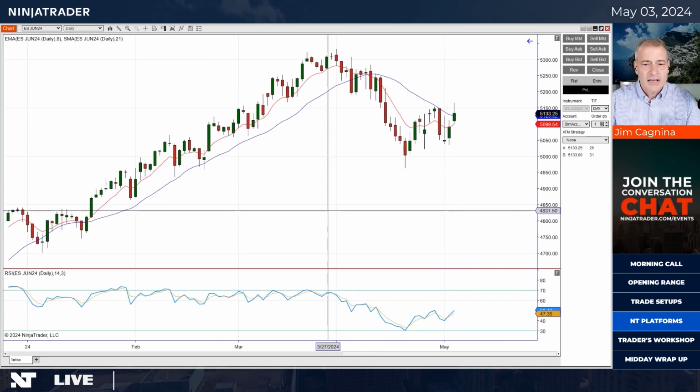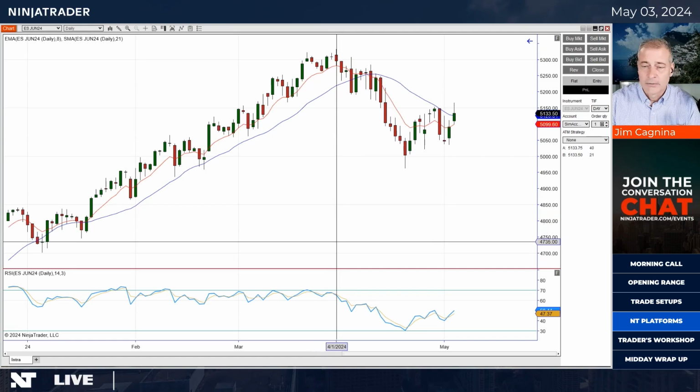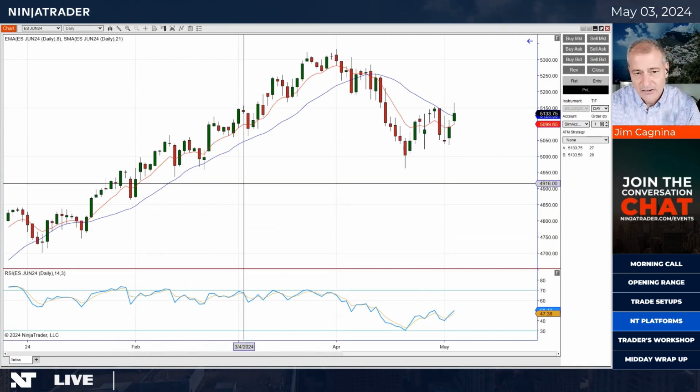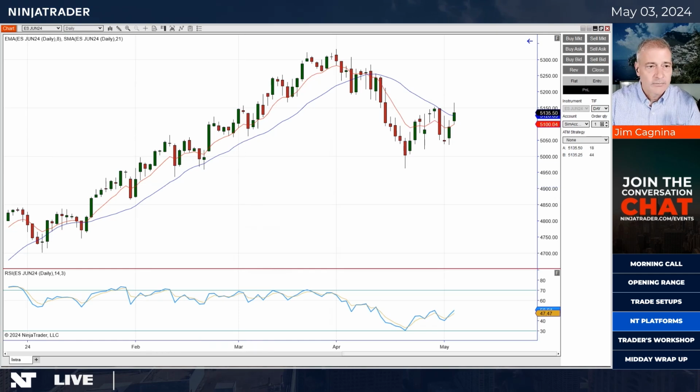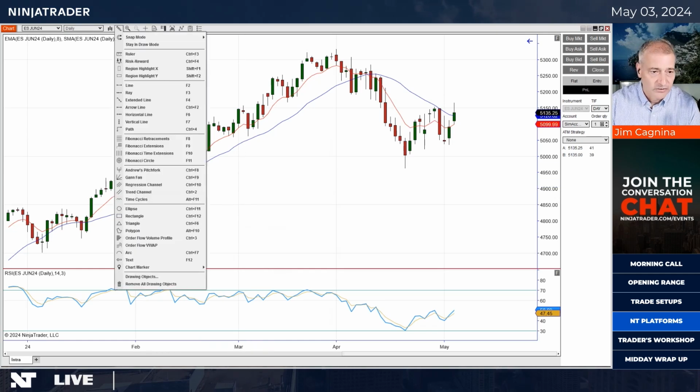Now, the other thing I'm going to add to this particular chart is a drawing tool. In particular, I'm going to add what's called a Fibonacci retracement. Again, I want to analyze the trend or a segment of the trend, and I want to see where price is in relationship to that trend. So I'm going to go up to that pencil drawing tool. This is the drawing tool. These are all of my drawing tools available. There's a lot of them, and we'll go over a couple of them, but let's go to Fibonacci